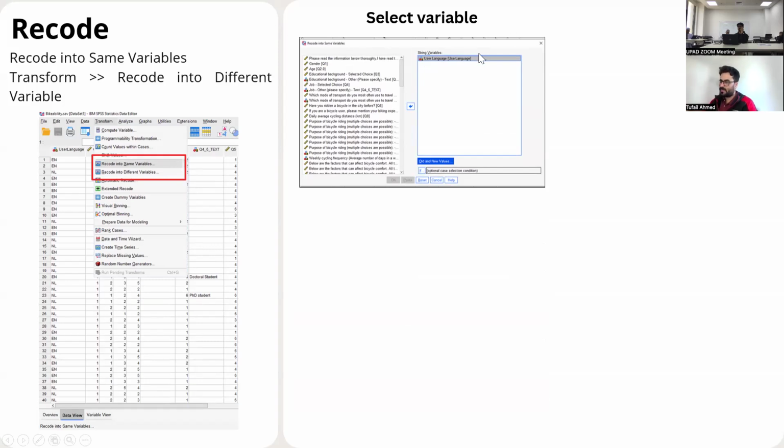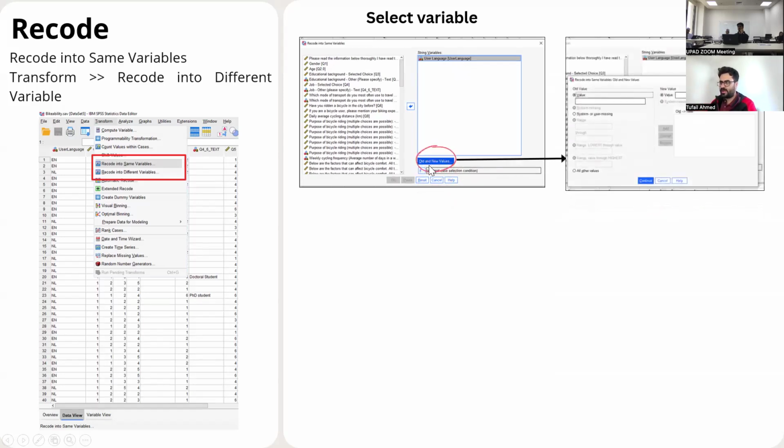Here you have to select your variable from the list of variables on your left side, the one that you want to recode. And here you see old and new values. Let's say the values were given wrongly. Here I specify my old values and what new values I want to give.